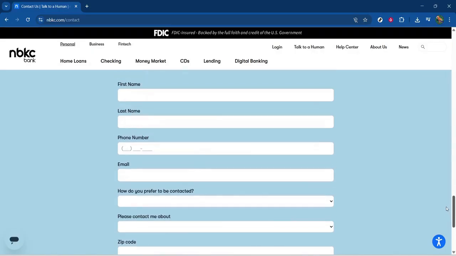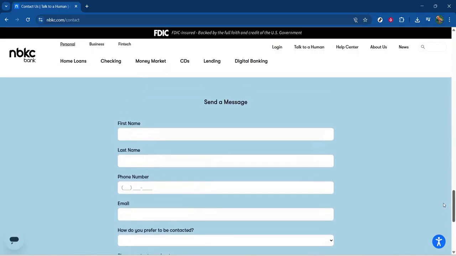And there you have it. With these steps, you have multiple pathways to successfully book an appointment with NBKC Bank. Whether through their live chat, a phone call, or a detailed message, your journey to scheduling an appointment should be a